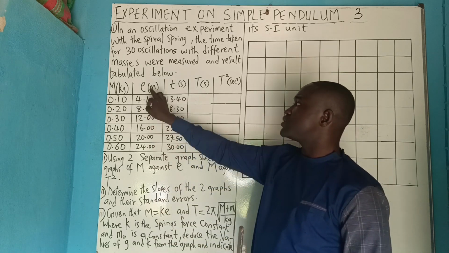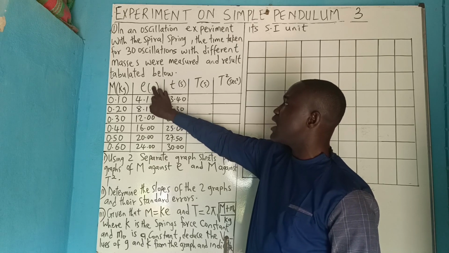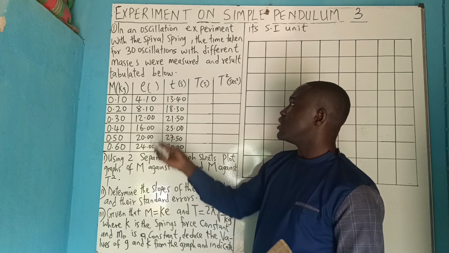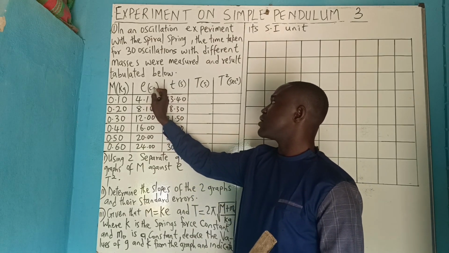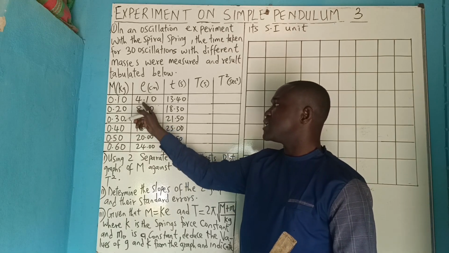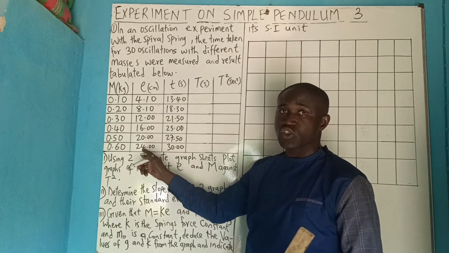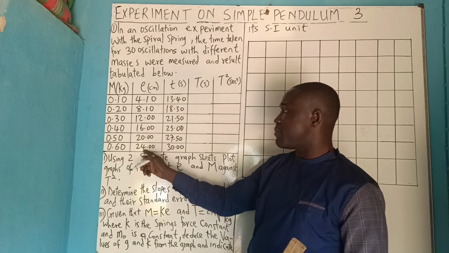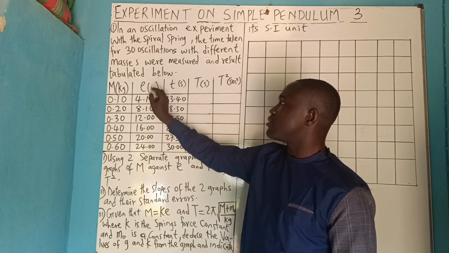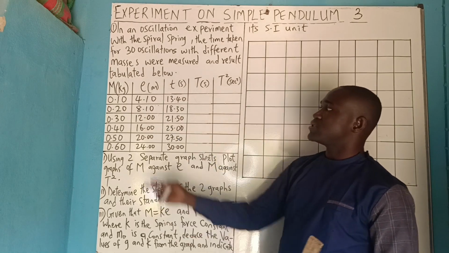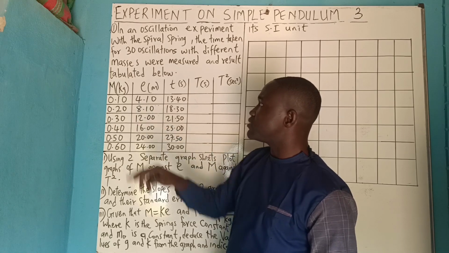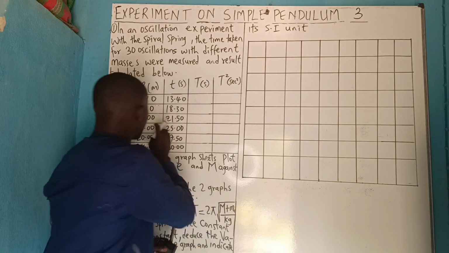Now please permit me to convert this extension to meter. This extension is in centimeter. So to convert it to meter, I will divide everything here by 100, so to speak. That means I will change this to be meter. Please, here must be meter. So if we are dividing this by 100, you will be having